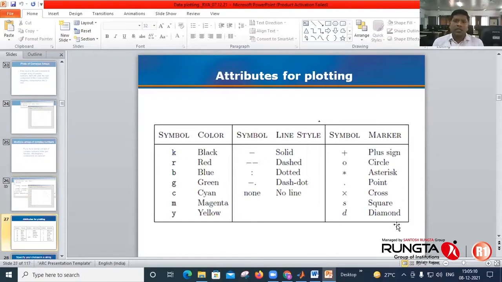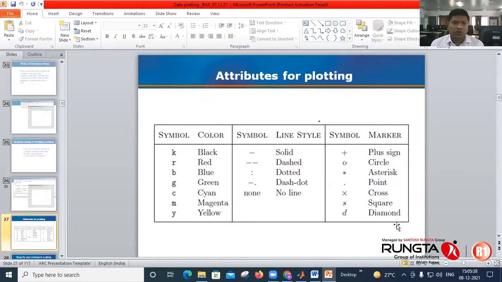Okay. Then next, while plotting, there are different attributes. These are the symbols used for giving color to a line. If you don't specify any attribute, by default MATLAB uses its default values to plot the lines.